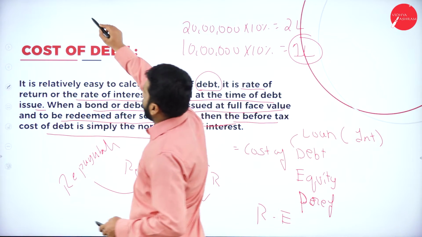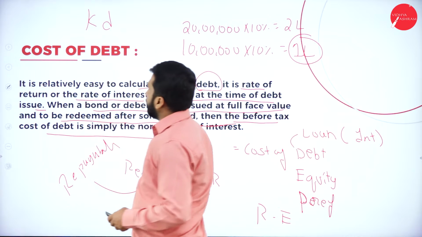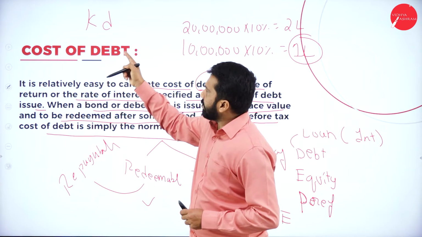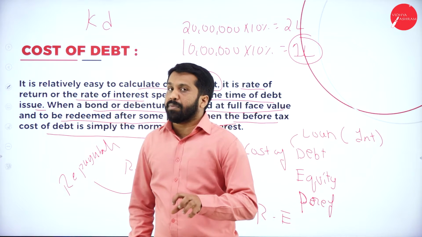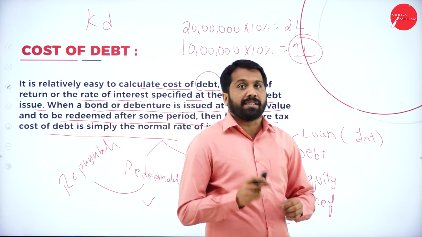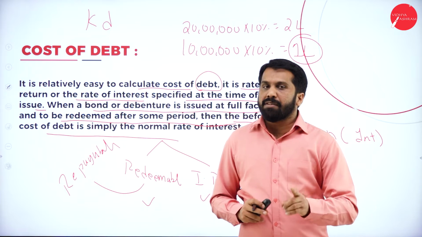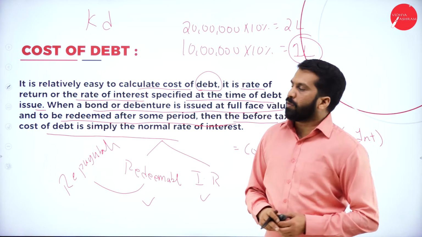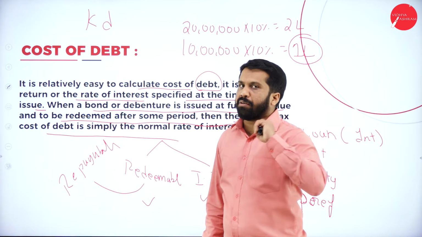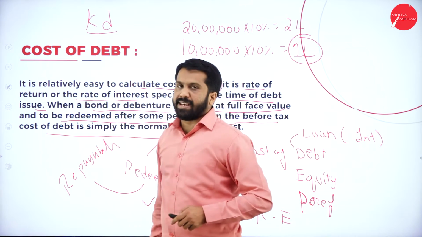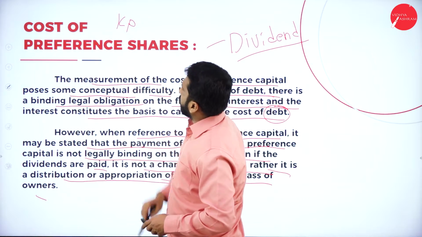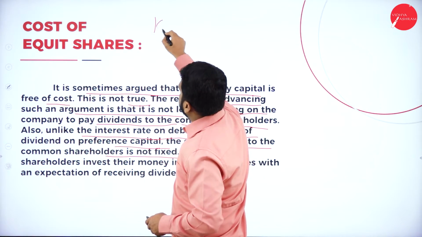Cost of debenture, we call it KD. You may ask, sir, cost is C, why have you taken K? Because normally it started from the Britishers. The Britishers do not use capital C, they use capital K. That's why here also we are using K for cost. Cost of debenture, KD. Cost of preference shares, KP. Next, cost of equity shares, KE.